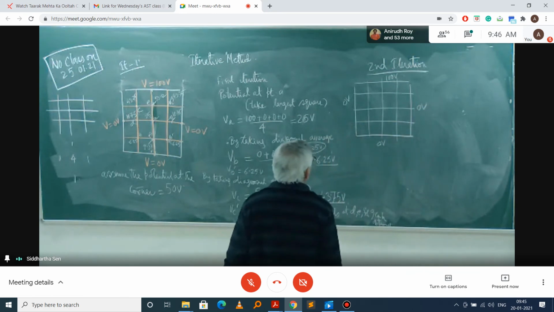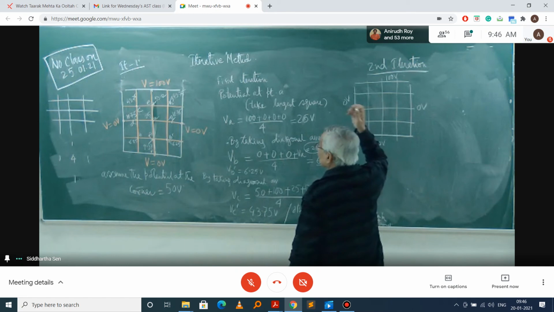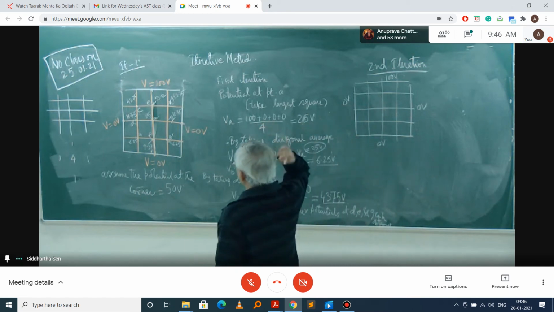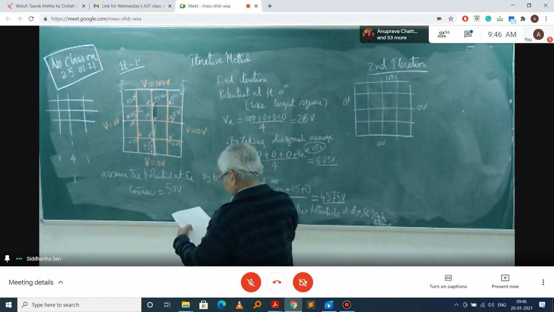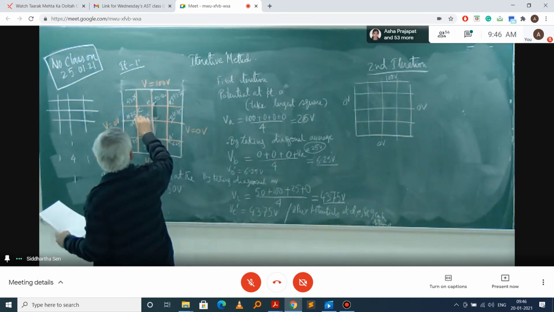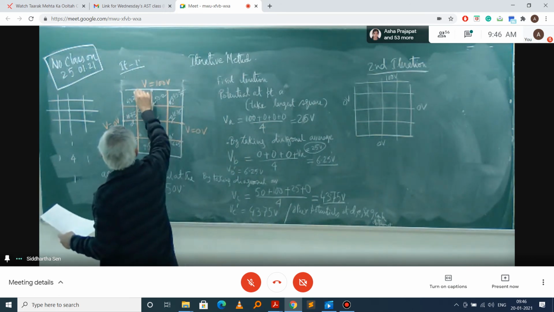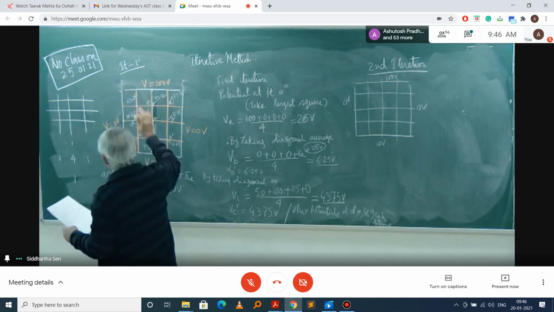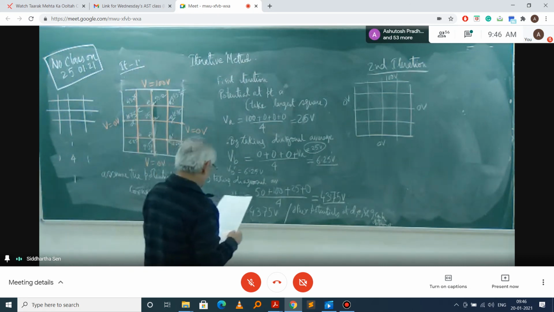So this will be obviously what we can do, that this point, I know now these values there, instead of taking the diagonal one. So the refinement